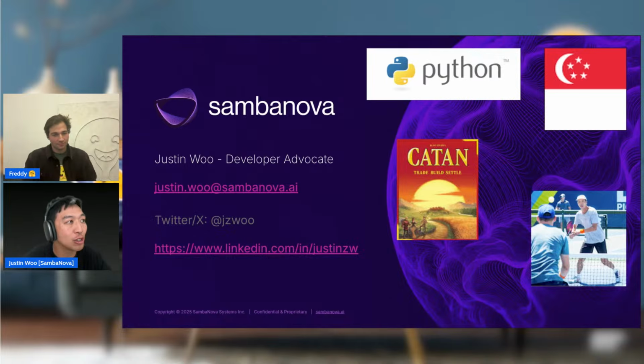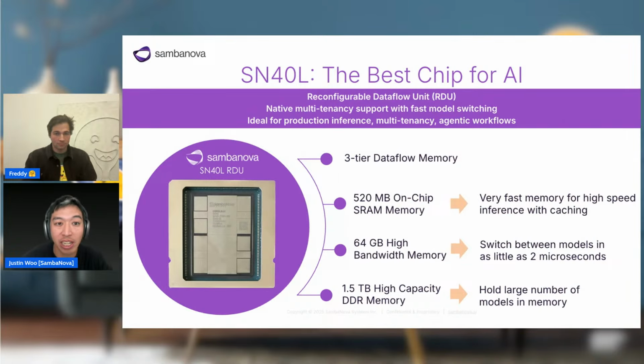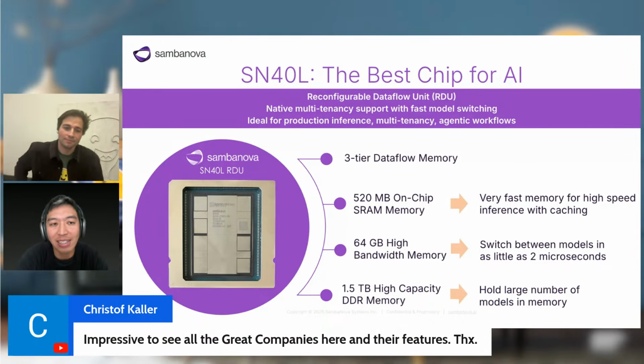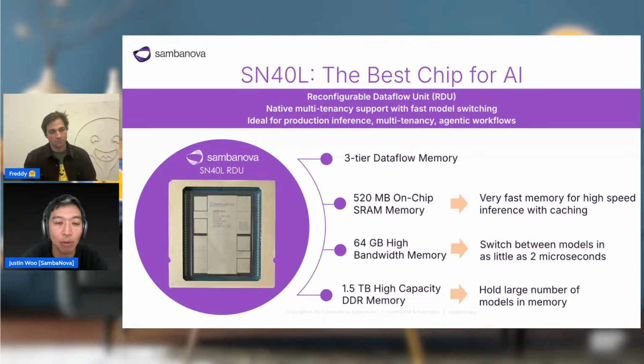So let's dive right into what Samba Nova is. Essentially, we produce a chip called an RDU that powers the Samba Nova platform. There are two key innovations that make it the best chip for AI inference. First, we have a data flow architecture, which makes it more efficient than a GPU for inference, and that efficiency makes it do inference really, really quickly. The second is a 3-tiered memory design that allows us to process both large models and small models at the same time within the same chip.